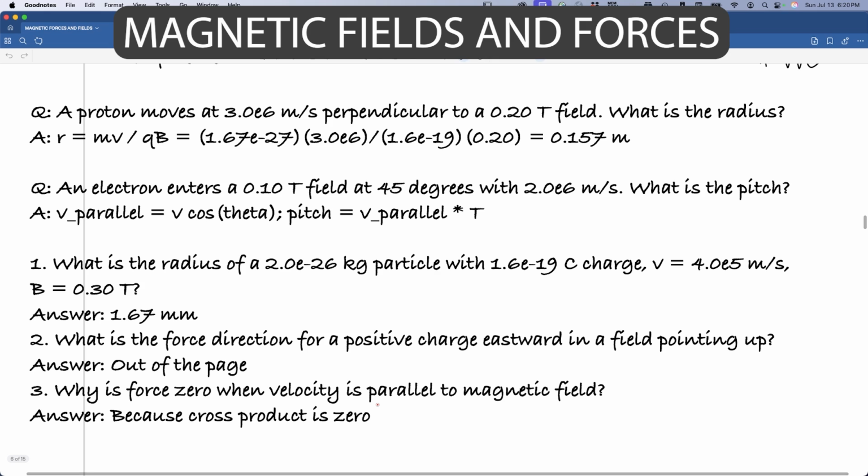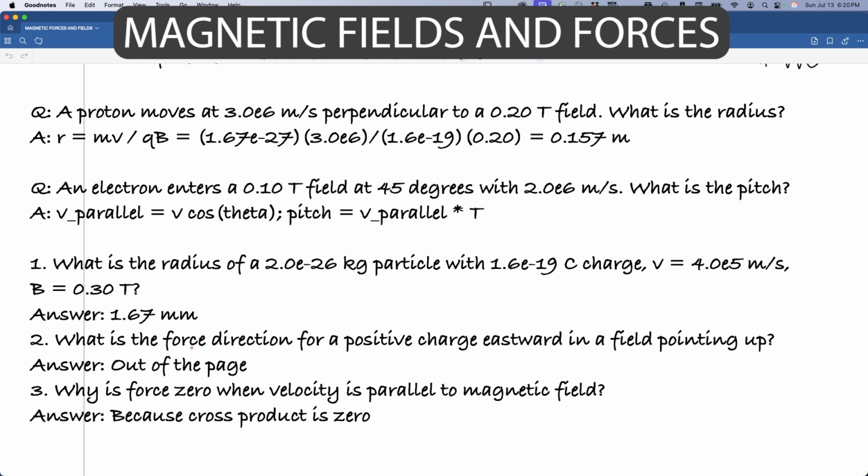Here's a simple problem. A proton moves at that velocity, perpendicular to that field. What's the radius? Simple substitution. Mass times velocity by QB. That's the mass of the proton. It'll be given velocity, charge, B, and you get the radius. Another one,